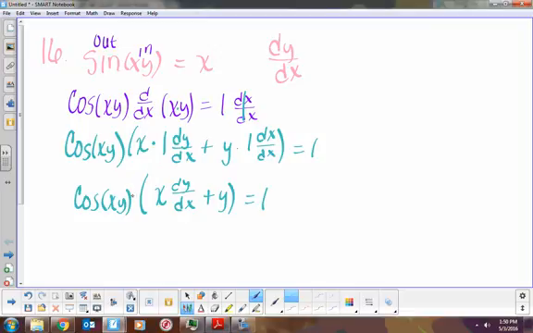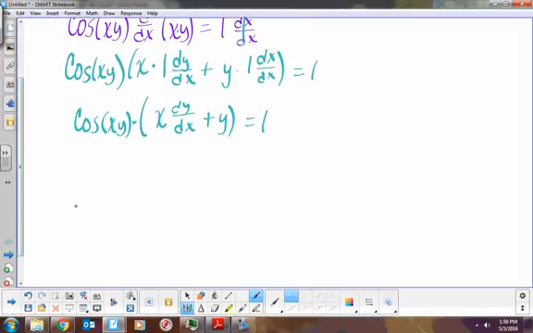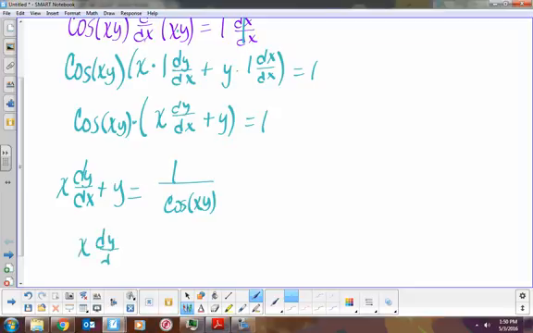So because this is connected by multiply, what's the first thing we're going to do? Divide. So we're going to have x dy over dx plus y is equal to 1 over cosine xy. All right, our goal is to solve for dy over dx. What's the next step? Subtract your y. So you got x dy over dx is equal to 1 over cosine xy